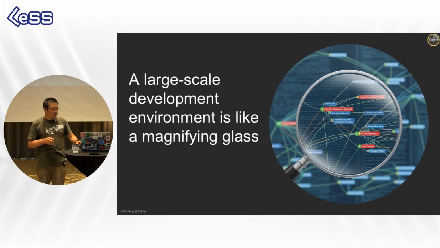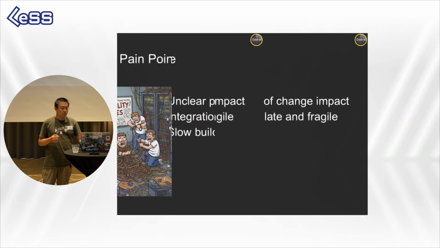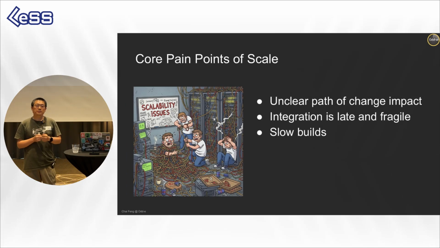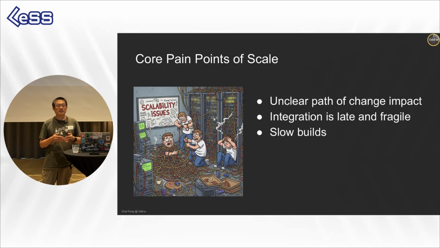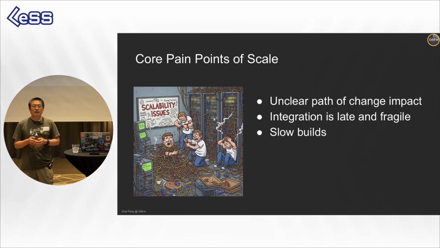When the dependency network becomes so huge and most of it is invisible, the pain points in our daily work appear. Maybe everyone here, no matter your role, has had a similar firefighting experience. We've all had a headache about build efficiency and reliability. Maybe you don't change any code, but the cache suddenly becomes invalid, or a part that needs to be rebuilt incorrectly uses the cache. We've all been frustrated